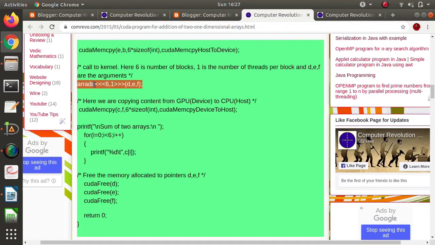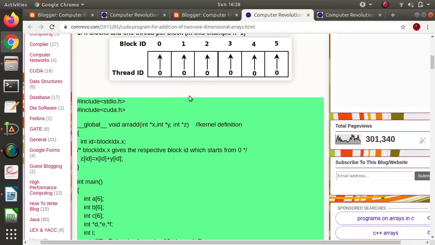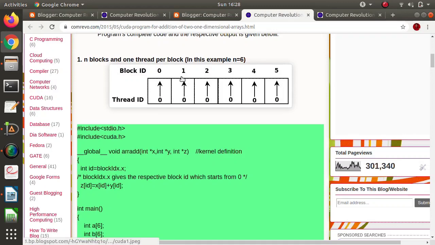Here this is the name of the kernel, and here we are passing some parameters, and in the triple angle brackets we write two terms. One is the number of blocks and the other is the number of threads in one block, or per block. So 6 comma 1 means here there were 6 blocks and in each block there was one thread.